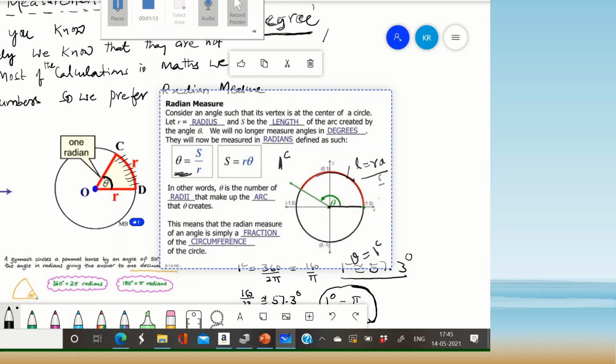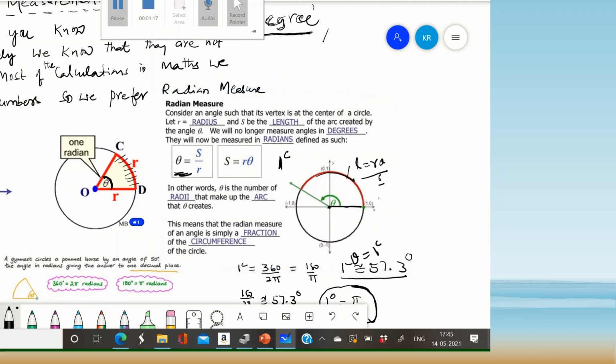If we see the diagram here, this is the center of the circle, and this length is the radius, this length is also a radius. Some angle theta is given, with an initial and terminal line. This will generate the length of the arc. When the line rotates from here to here, this angle will generate a constant length of the arc.